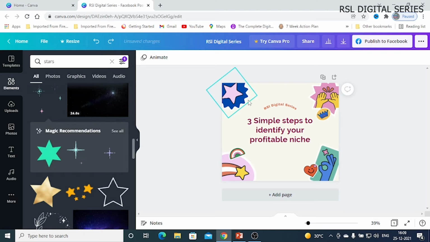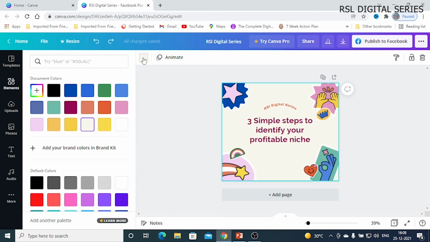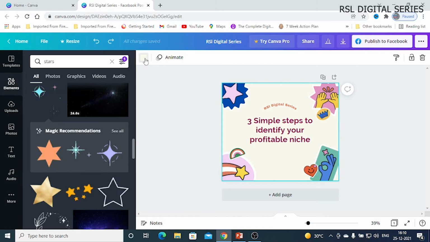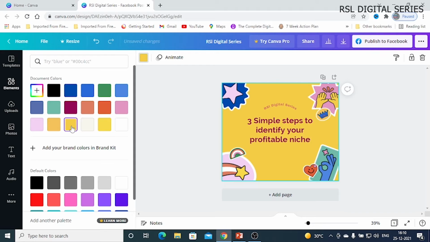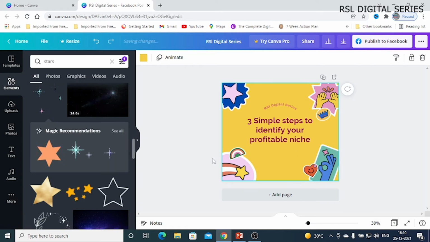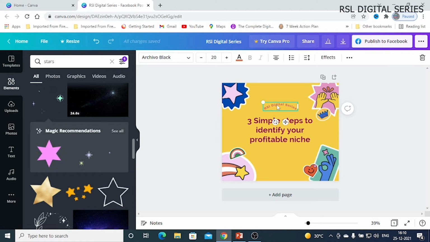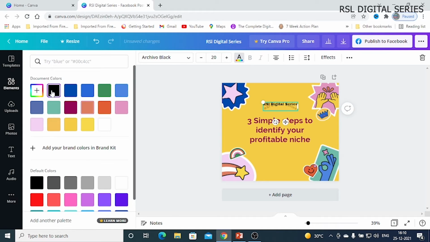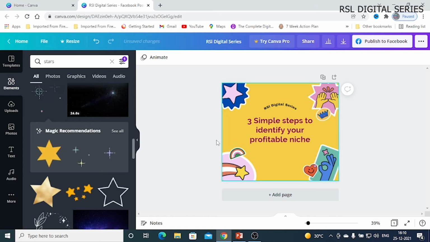Now if you don't like the background, this background is plain white in color. So if you don't like it, just click it and go here and change the background also. Whichever background you like you can change as per your wish. Once you have done all the arrangements, I will make this letter slightly brighter because it's looking very dull, so I will make it black. Now if you want to change anything, you can make modifications.